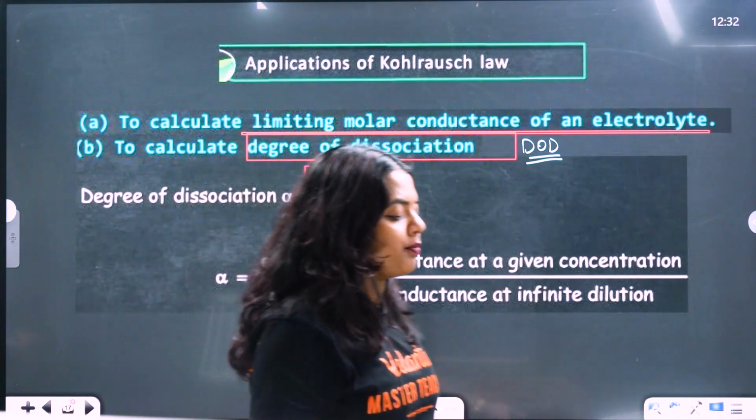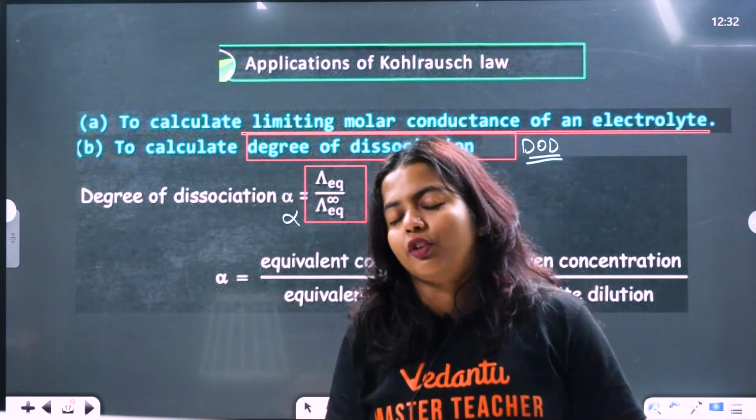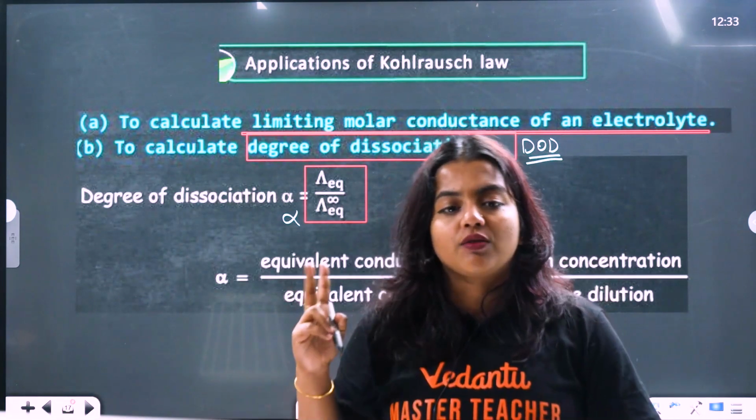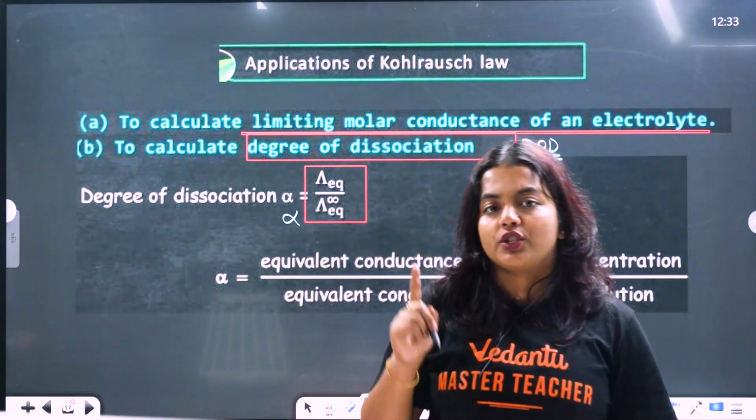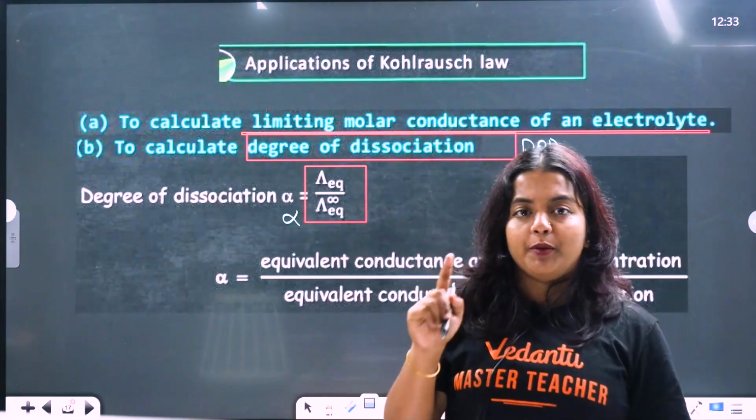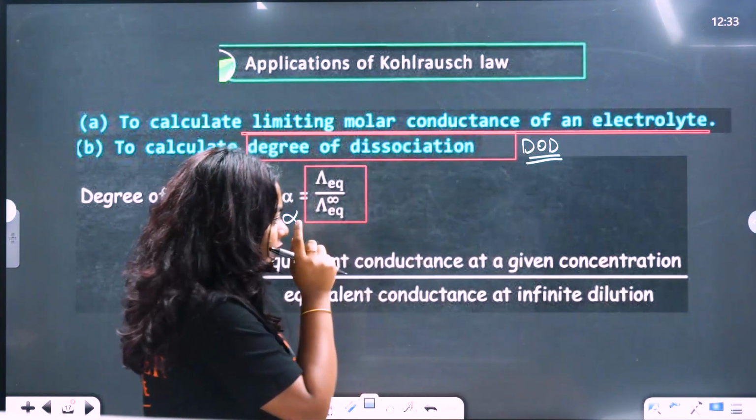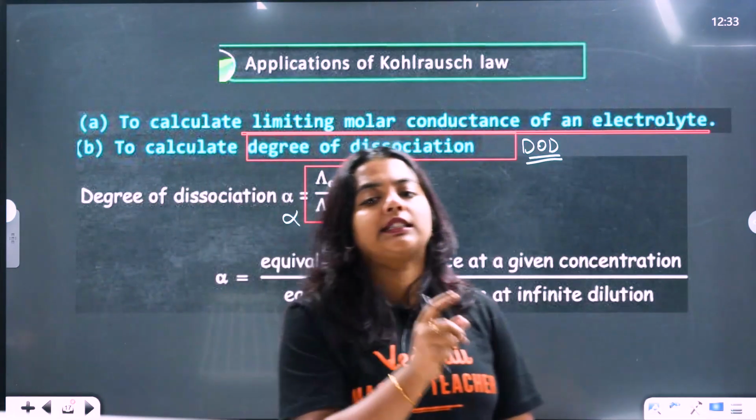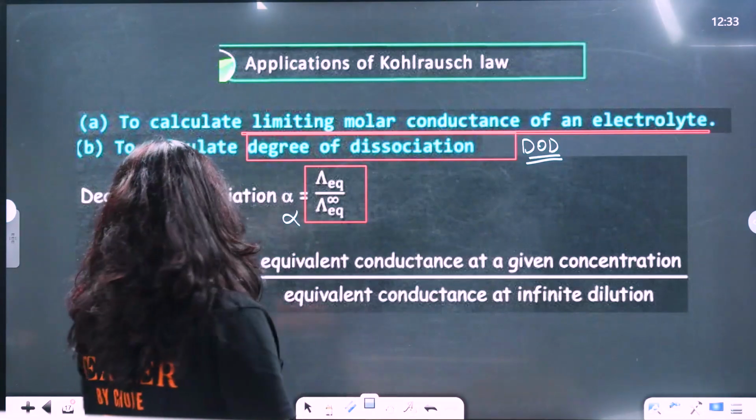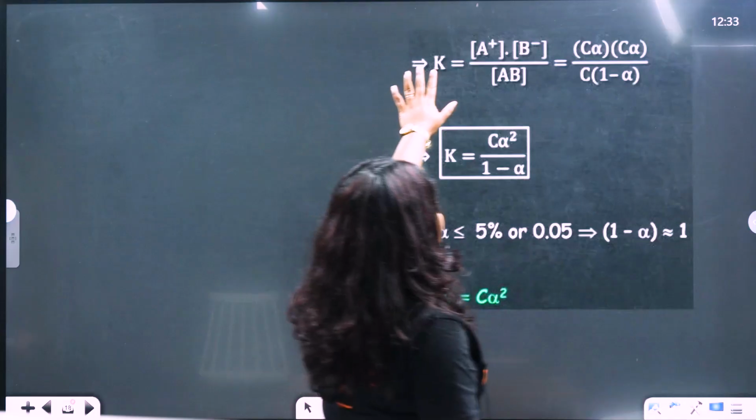This is also a very important application of Kohlrausch's law. The first application is to find out the limiting molar conductance of the electrolyte. The second application is to calculate the degree of dissociation. How do you find the degree of dissociation? Divide the equivalent conductance at the given concentration by the equivalent conductance at infinite dilution. That is actually the first and second applications. So they have given you, for example, K is equal to